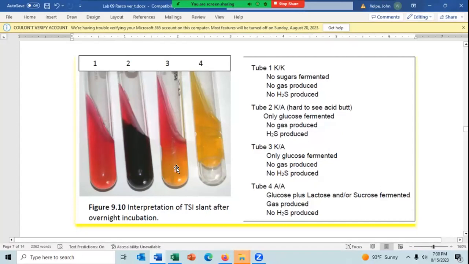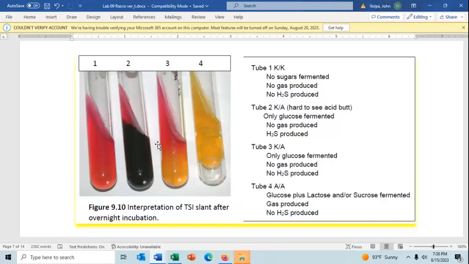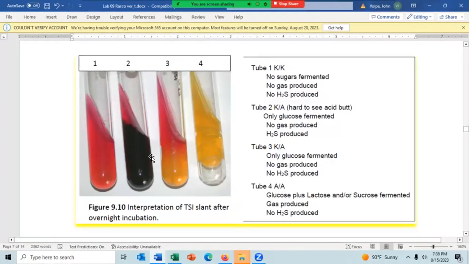So only glucose is fermented when the slant is pinkish or reddish and the butt is yellow. That's because glucose is at low concentration and it gets used up in the slant, and then the proteins revert the color of the slant to a pinkish color. All right, tube 2, it's hard to see, but wherever hydrogen sulfide is being produced,